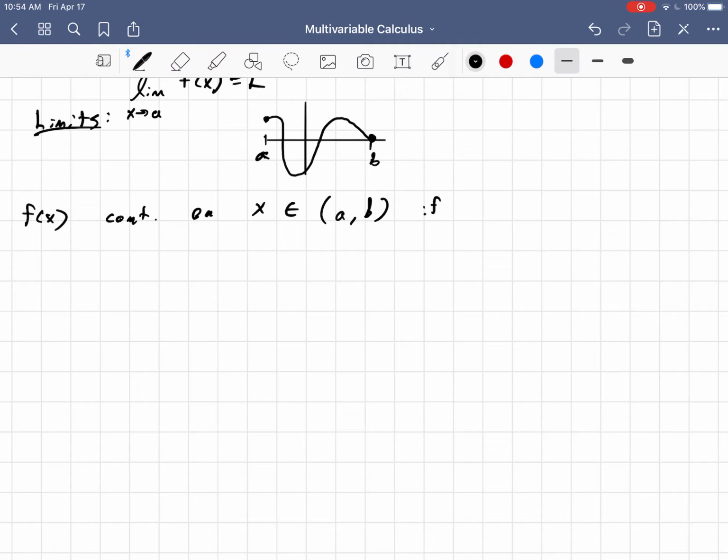So if f of x is continuous on a to b, but maybe it's not continuous right at a. So if for all, that's what this upside down A means, for all. It's set theory notation for all. If for all epsilon greater than 0, there exists, that's what this reflected E means, there exists some delta such that